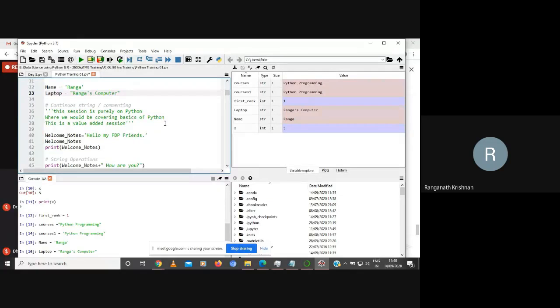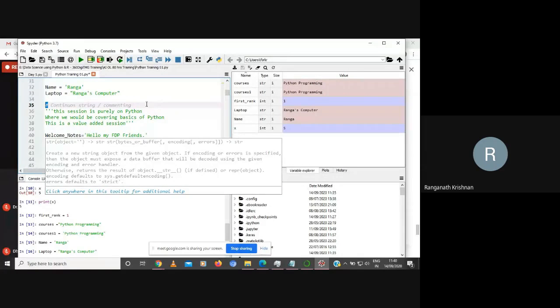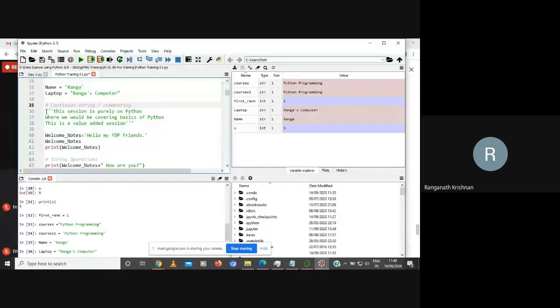So let's say you want to make a comment. There are 2 ways to comment. One, anything that starts with a hash symbol is a comment in Python, or you can also start it with 3 single quotes and end it with 3 single quotes. Please make sure you end it with 3 single quotes. Just look here. If I remove these 3 single quotes, everything underneath in your code becomes a comment. It will not be executed.